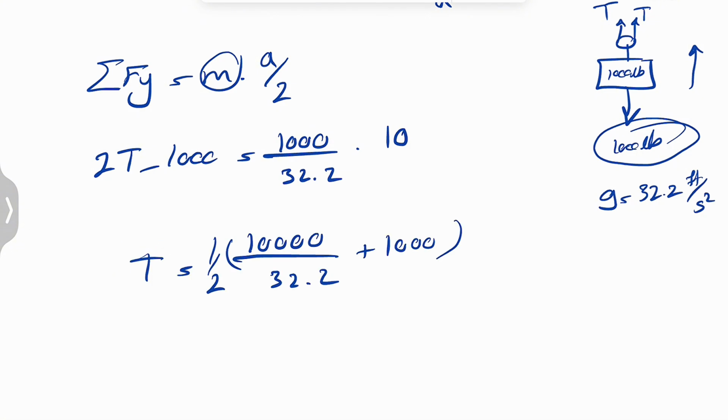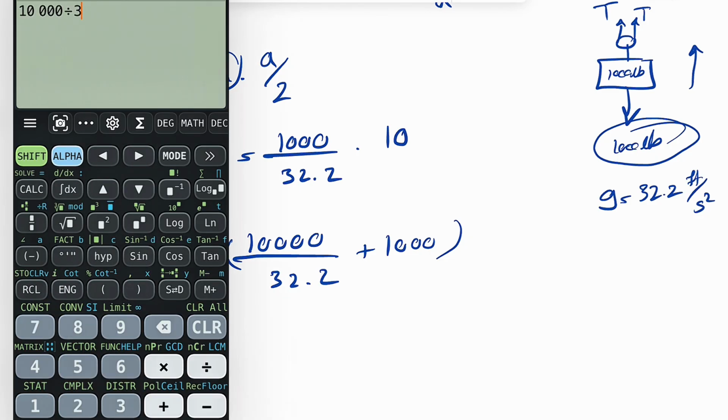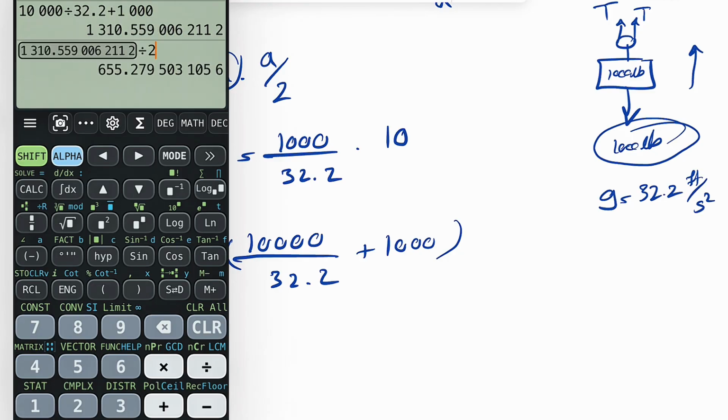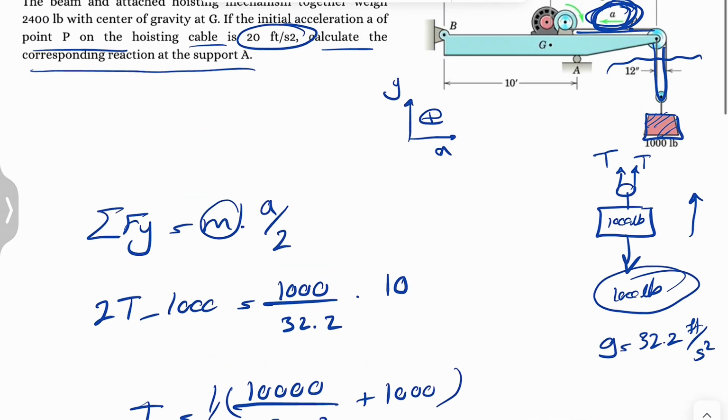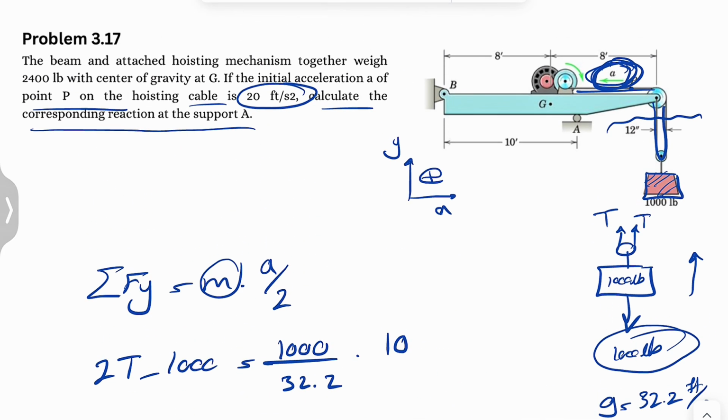Let's see what we get. So 10,000 divided by 32.2 plus 1,000, divided by 2. And yeah, the tension that we're going to get is going to be 655.3 pounds. And now that we have the tension in the cable, we can move on to the next free